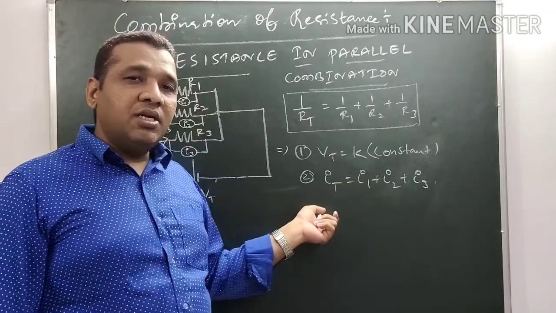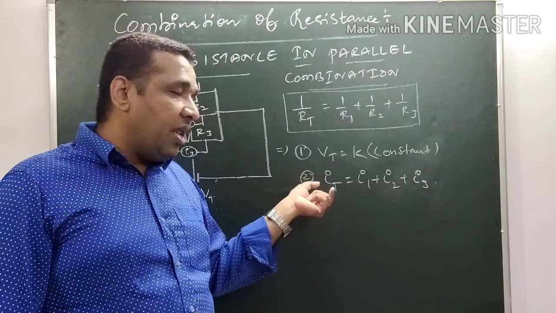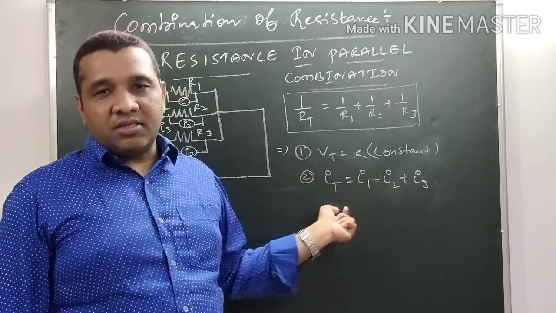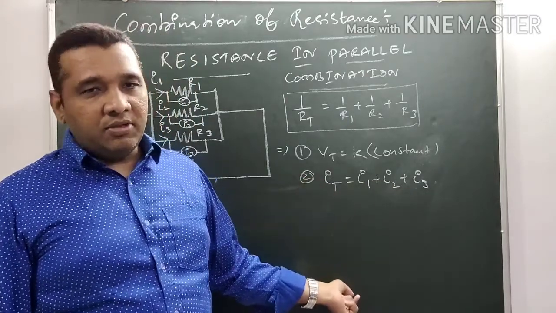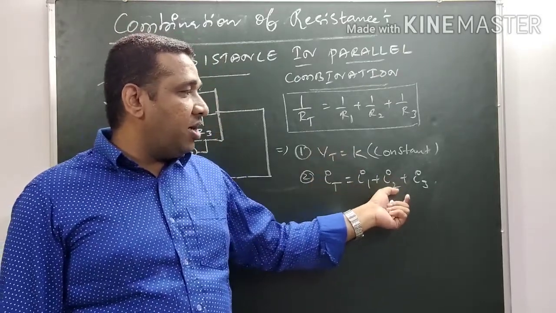So what I want to say is that to prove a derivation, we have to take the equation of what is divided in the circuit. From that we will get the derivation. Now here the electric current is divided. So It is equal to I1 plus I2 plus I3.